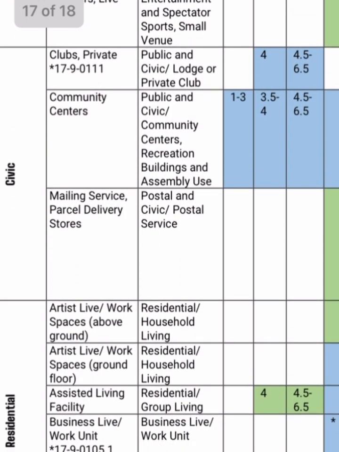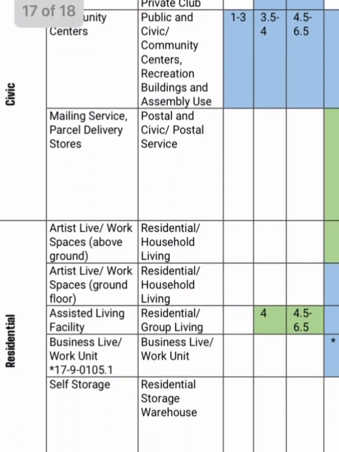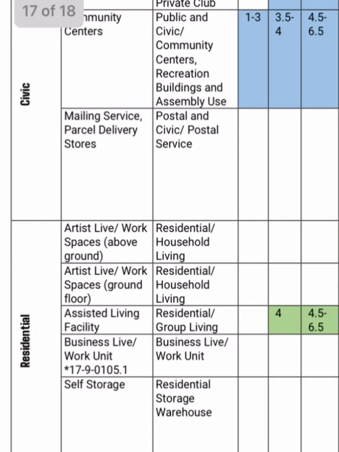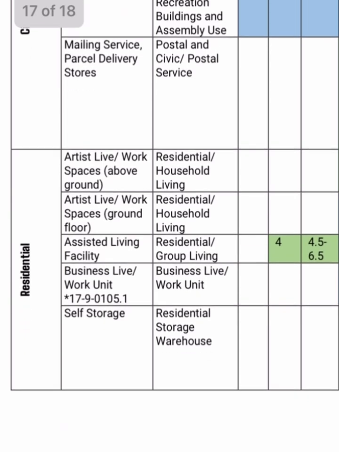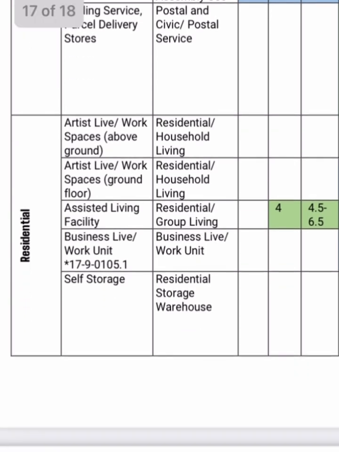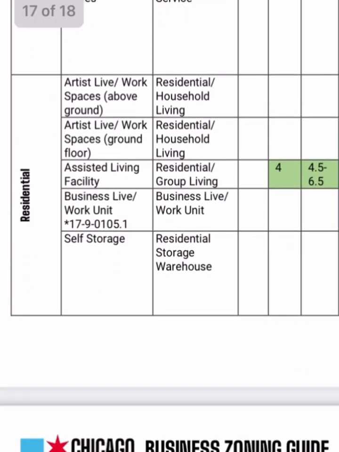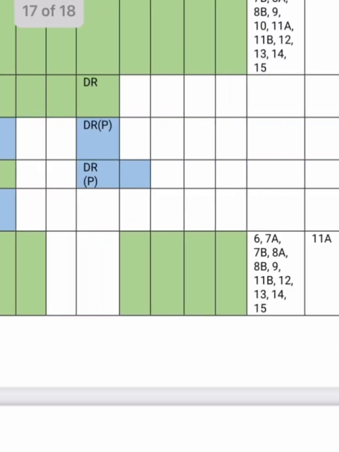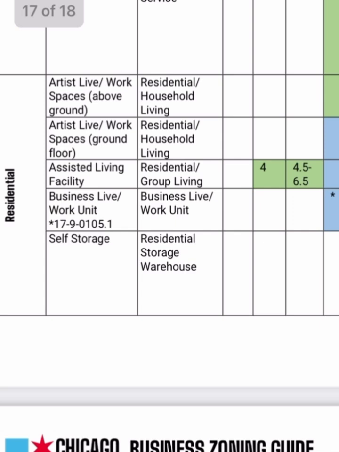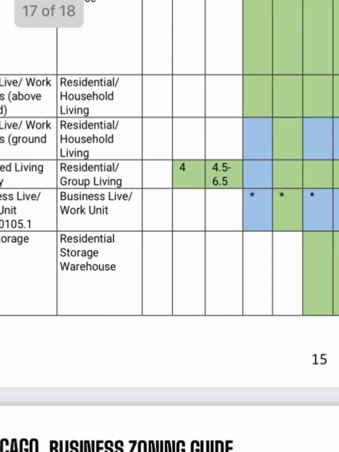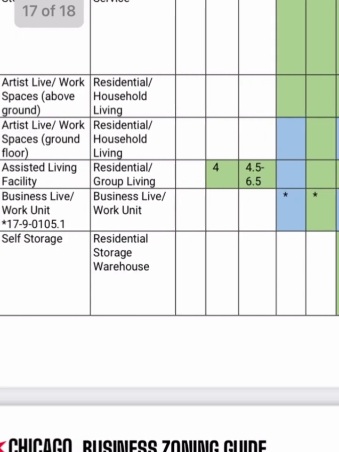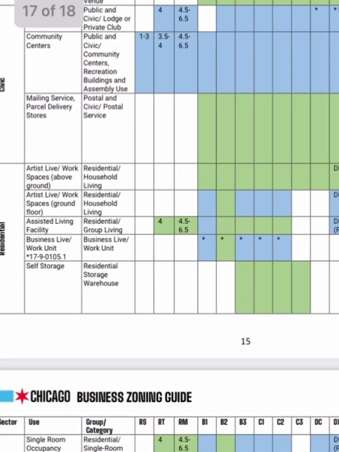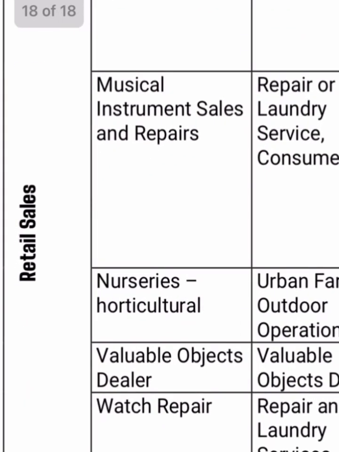Now Civic, we got like the mail service, the post office, they have tons of mail trucks, so I understand that not being allowed. And again, you could just say, if you have a lot of trucks, make a number, they're not allowed to be near residences. Even things that are these residential uses, artist space, assisted living facilities, why aren't those allowed to be near homes? Why aren't those allowed to be near manufacturing districts? Self-storage, I get. Those are huge, gigantic buildings, sometimes multi-story with tons of moving trucks and gates, kind of ugly. Those restrictions make a little bit more sense.